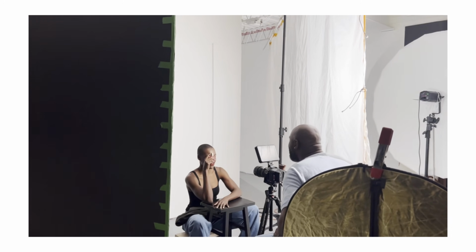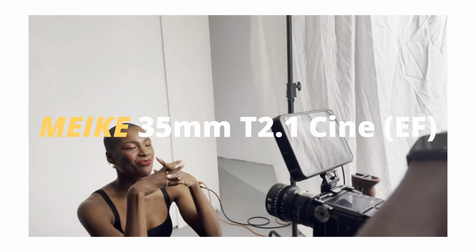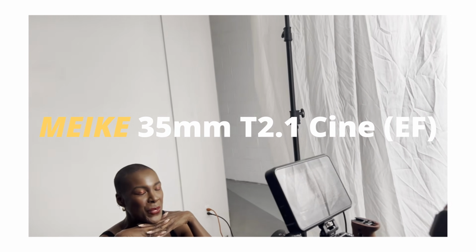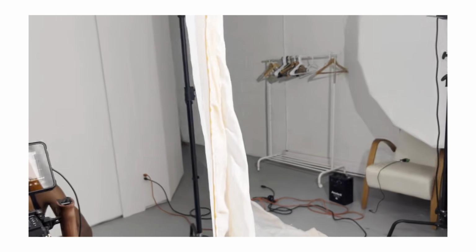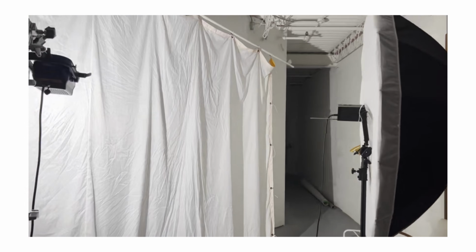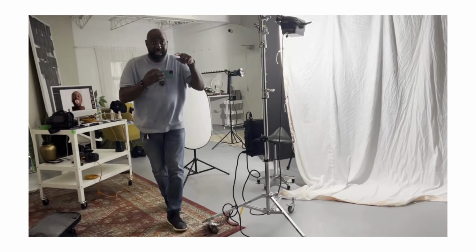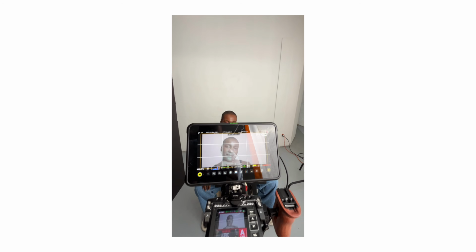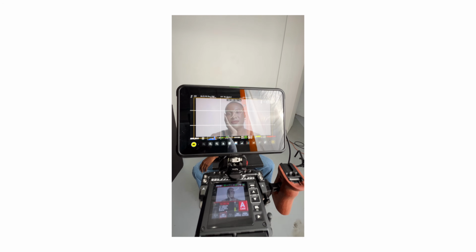I shot the video with the Red Komodo and the 35mm cine lens. I forgot the brand for the mic, but you're gonna see the spelling on the screen. And since I don't have two powerful lights, I only have one powerful light. The only thing that I had to do was bring the model a little bit closer to the wall just so that light could spill on that wall to have a bright wall, but not as bright